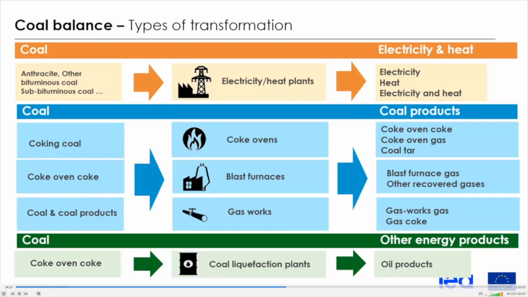You can use coke oven coke in liquefaction plants to generate some synthetic oil products. So it is not used in many countries, but still good to keep in mind. If you see the term synthetic crude oil, it can be coming from coal products. This is all that we will cover in coal for Africa, and now we turn to renewables statistics.